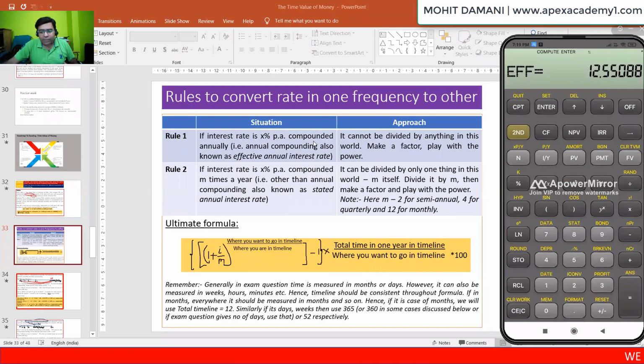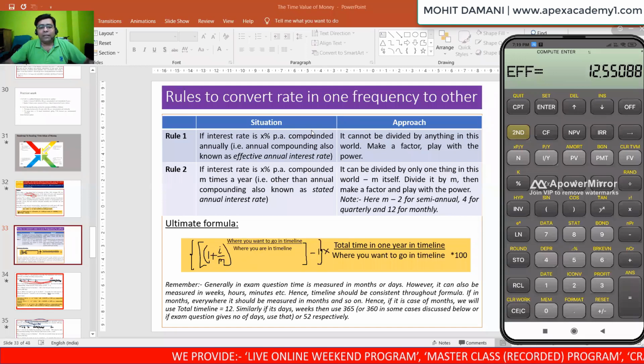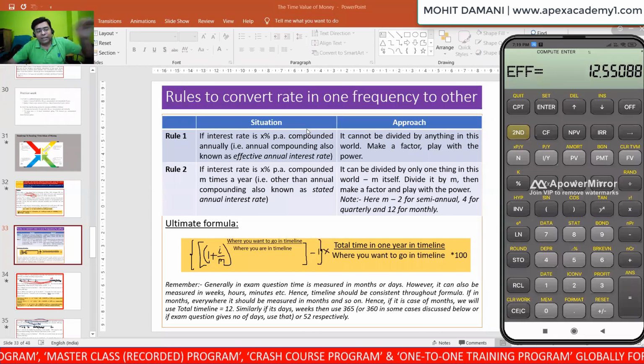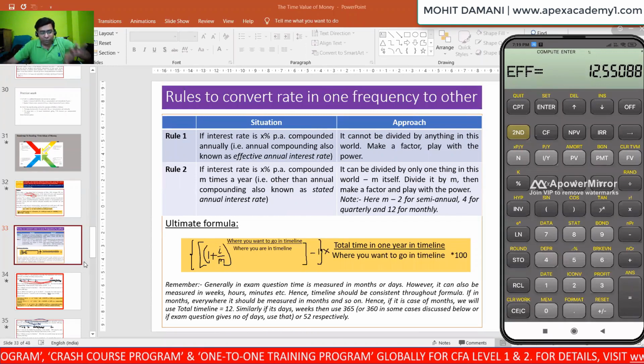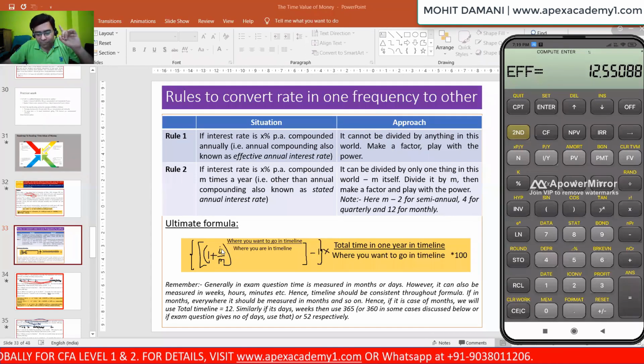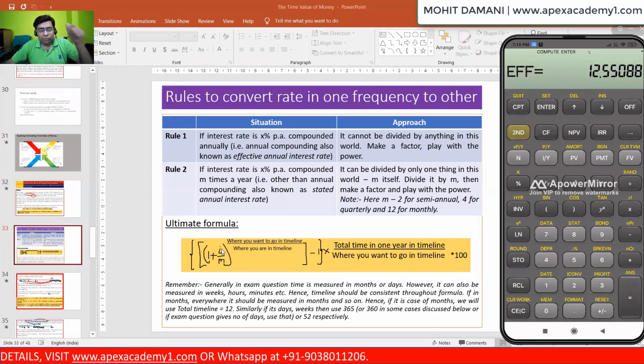Now this formula, just a second, let me complete. This is the formula I was talking about, the ultimate formula. One of the most difficult things that students in CFA find is interest rate conversion. So we will do that, but this formula is there. First thing is make a thumb rule. From here onwards, make a thumb rule. The thumb rule is